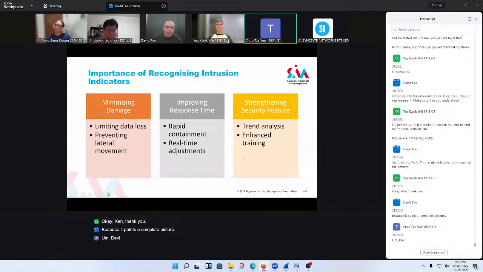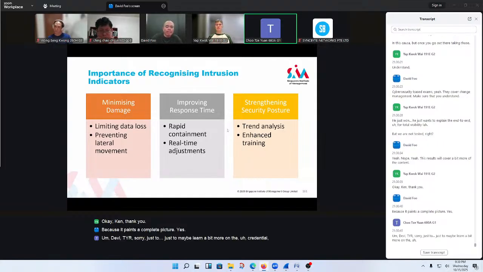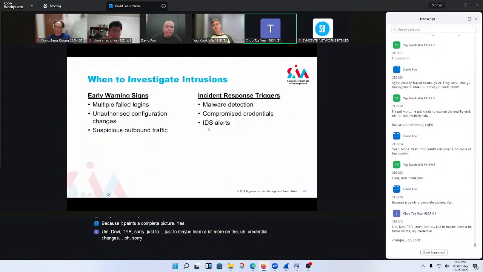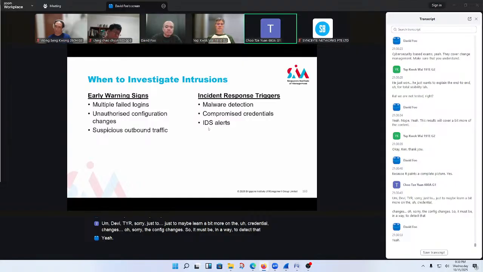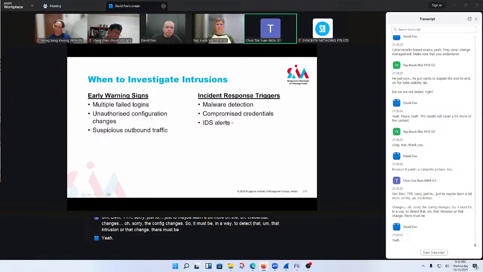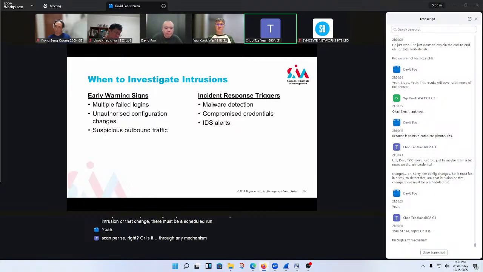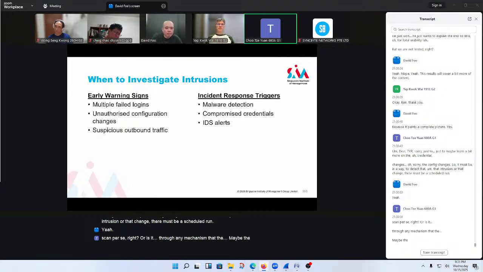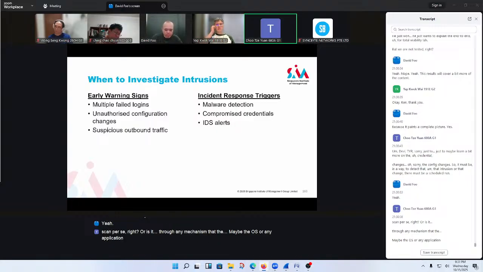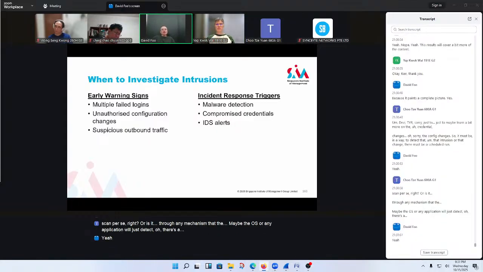David: Yes. Sorry, just to learn a bit more on the config changes. There must be a way to detect that intrusion or that change. There must be a scheduled scan per se, right? Or is it a mechanism where the OS or an application will just detect there's a config change?